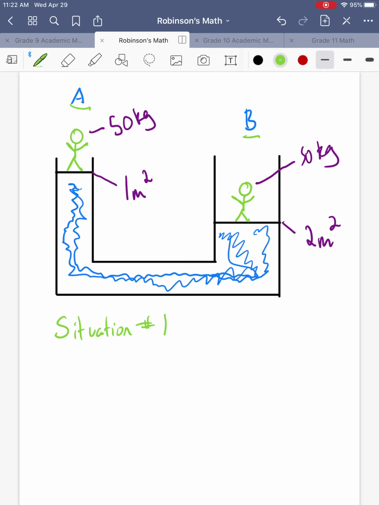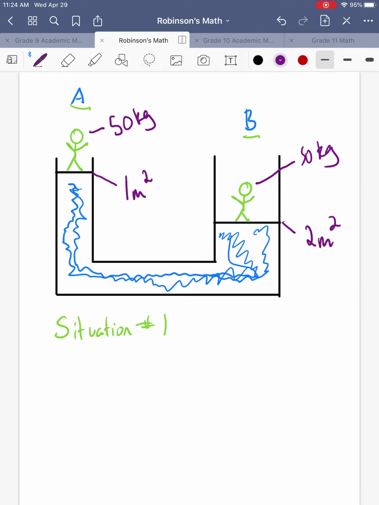Okay, so today we're going to go over some of the answers to situations 1, 2, and 3, and then I'm going to give you an additional situation, situation number 4, in which I'd like you to try your best to figure out. So this is situation number 1,